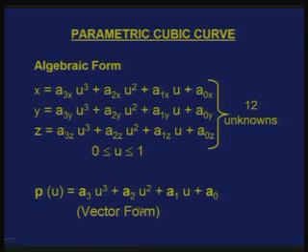The same is shown here in a vector form. It is very common to represent parametric curves in a vector form, like what is shown here is P(u). So, what is P(u)? P(u) is nothing but a point vector which is x, y, z, which are functions of u. So, P(u) has 3 components x, y, z. Then A3 is basically a vector which represents A3x, A3y and A3z, and u cube is common to all of them. Then A2 basically represents A2x, A2y and A2z, and similarly other parameters.